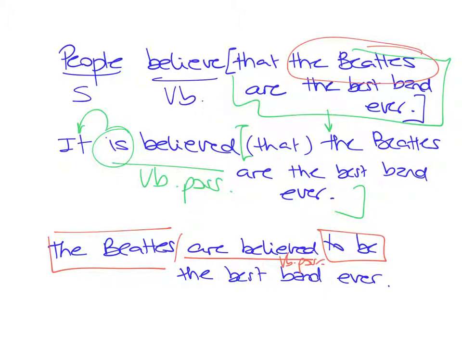Bear in mind that you can't say people are believed too. In this case, no. People think something. People believe something. That's the active sentence. And both of these are passive sentences. The difference between using one and the other, probably, as I said, if you want to emphasize, this is what you put at the very beginning of a sentence. The Beatles, this is what's interesting, not people or something.